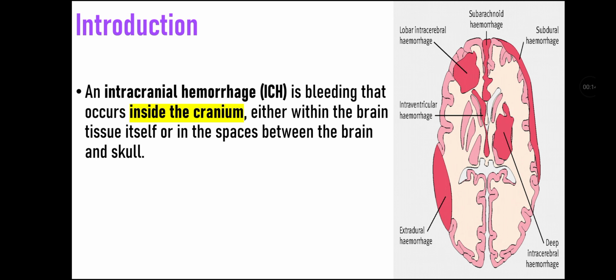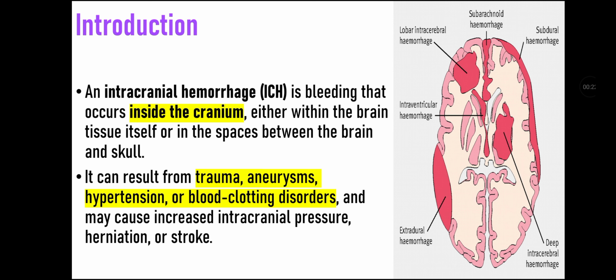An intracranial hemorrhage is bleeding that occurs inside the cranium, either within the brain tissue itself or in spaces between the brain and skull. It can result from trauma, aneurysm, hypertension, or blood clotting disorders, and may cause increased intracranial